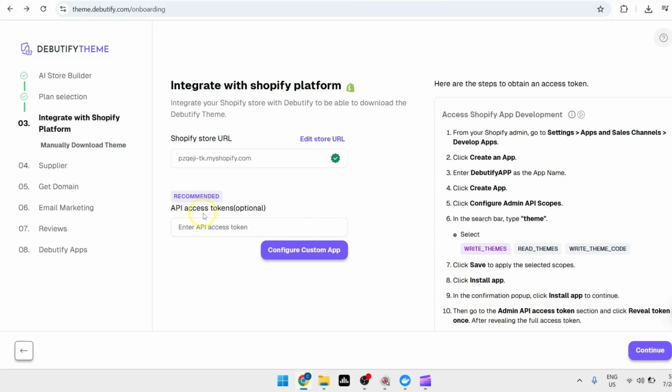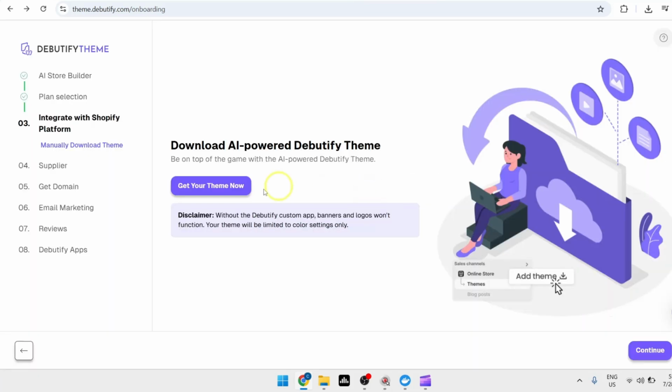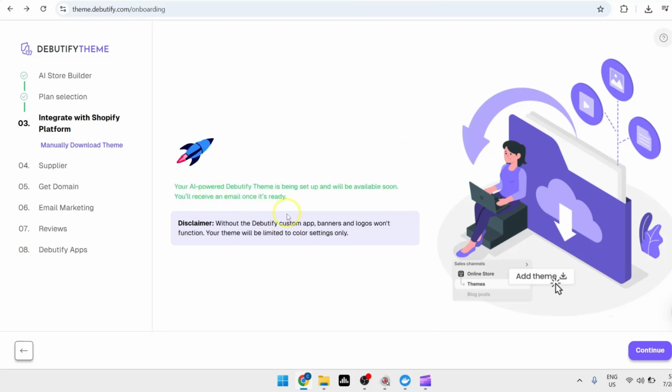You can also add API access tokens. It is recommended, but also optional. And to get this, you can follow the steps shown at the right corner of your screen. Then once done, just head over and press continue. And from here, we can proceed by get your theme now. And as you can see here, our theme is being set up and we should be able to receive this